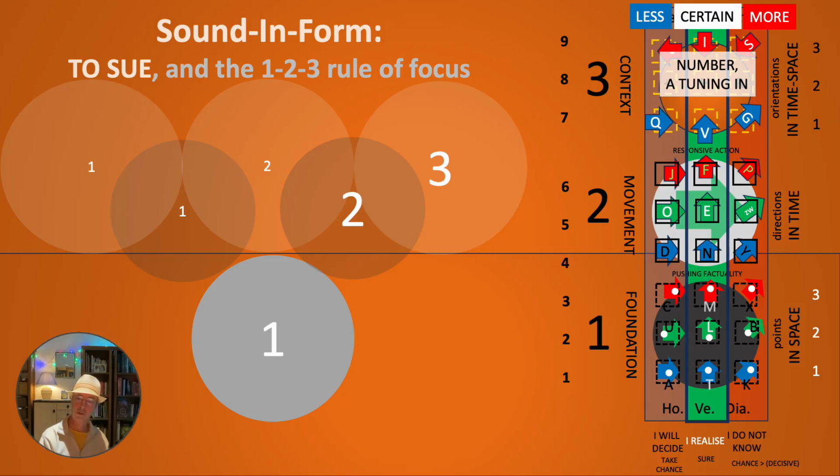The certainty, by the way, you can also have the whole system translated into numbers, and it's a numerical system as well. So the ATK is the first level, which is the number 1. Then you have 2, 3, 4, 5, 6, 7, 8, 9. The certainty principle, where you are certain that you reach the tuned-in factor, is always in the middle. So in T, you're sure it's 1. In L, you're sure it's 2. In M, you're sure it's 3.